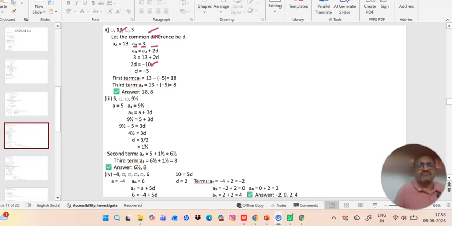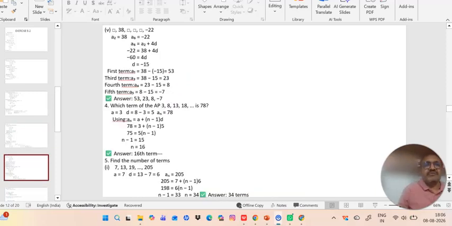To get the first term, here we have 38, so if we subtract d from 38, we get the previous term. Onwards, we keep adding d. That is 38 minus of minus 15. So minus into minus is plus, 38 plus 15. So first term a1 or a is 53, and onwards 38 is a2, 38 minus 15 is a3, 23, and 23 minus 15 is 8, and 8 minus 15 is minus 7. So these are the terms: 53, 23, 8 and minus 7.